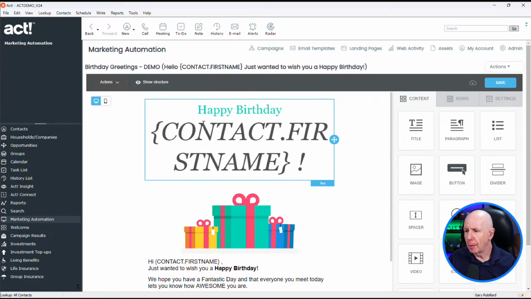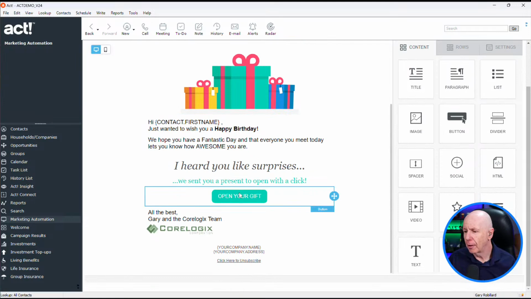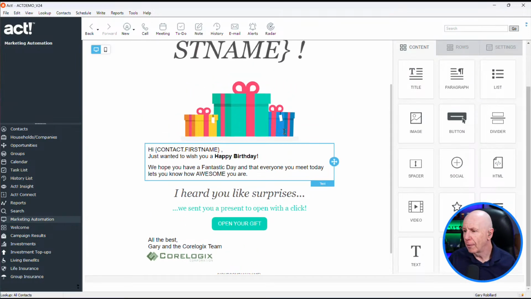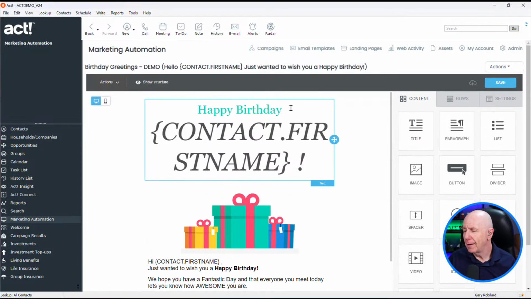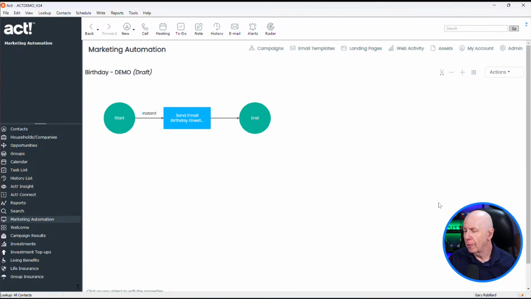So there's my birthday template. It's going to merge in the person's first name. So happy birthday, Fred. And then it's got a bunch of content. Hi, Fred. Just wanted to wish you a happy birthday, blah, blah, blah. It's got a link here to their birthday greeting or gift, whatever it is you're going to send them. And this is just a simple mock-up. And then I'm going to go return.